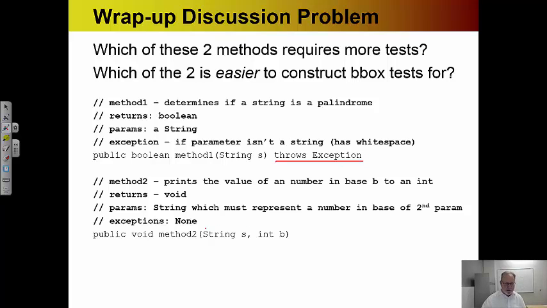What about down here with method 2? Well, and by the way, we also have to consider the output space. In our output space, we're mutually, well, not quite mutually exclusive if you consider the exception to be an output space, but we basically have true, false, or throws exceptions. There isn't anything else that can happen with this method. So I want to make sure that I've got something representative where I do things that are true and false